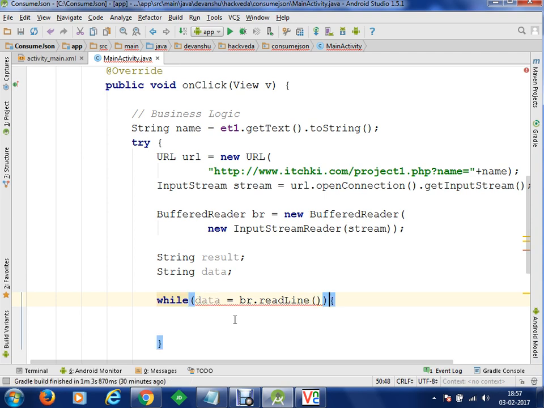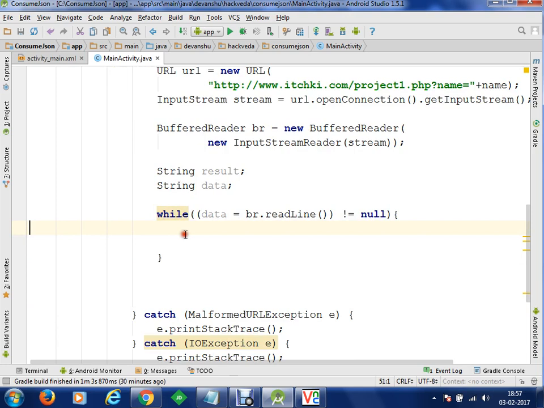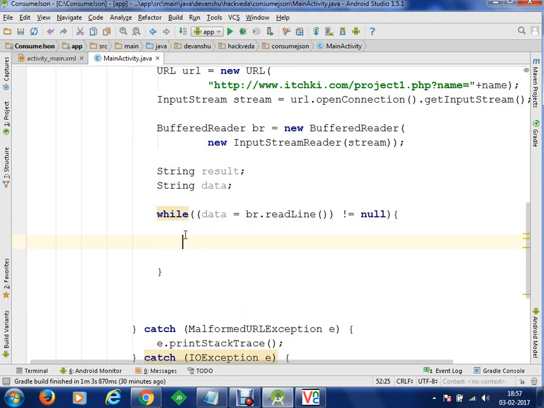In the while we have to give true or false, so we check until the data from readLine is not equal to null. Till the last line of the output we are going to read, and we add the data to result.